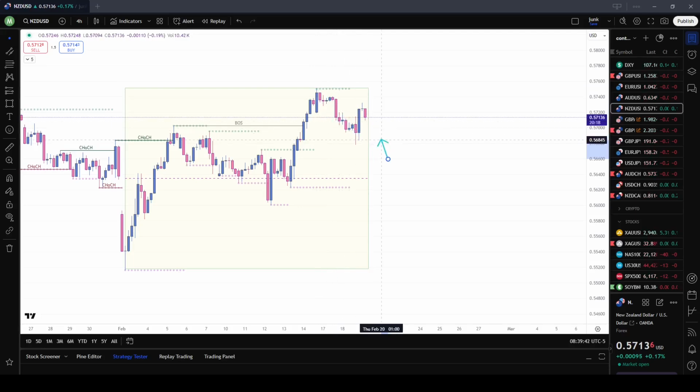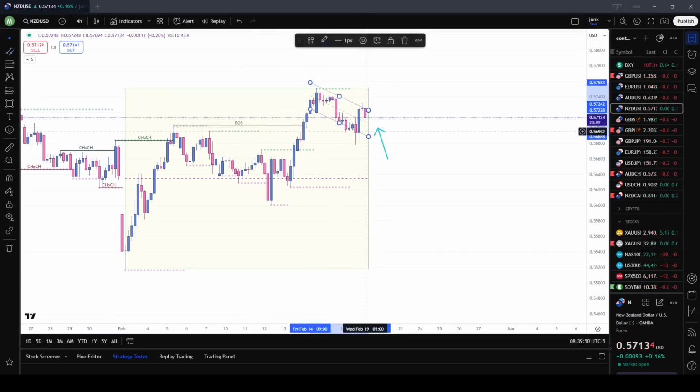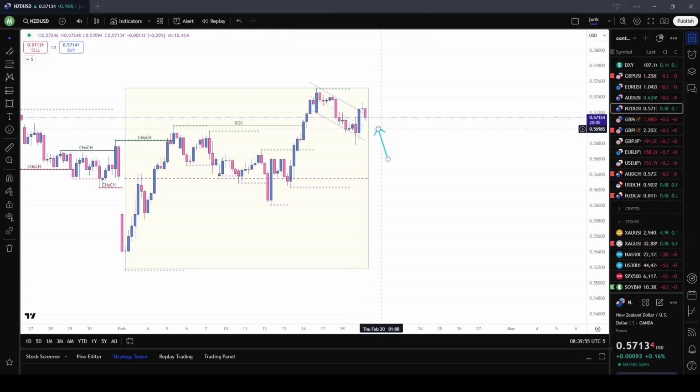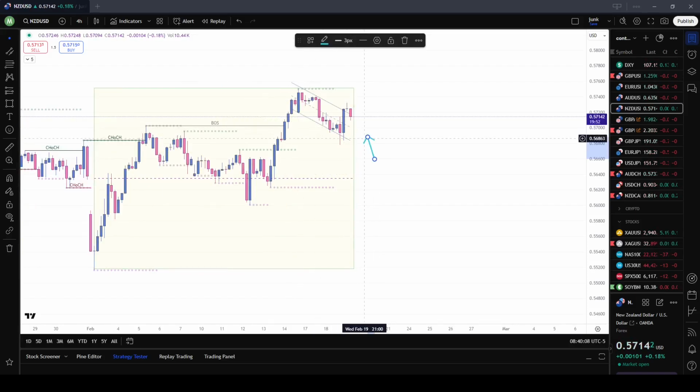Now it's retracing, also appearing to be a downward channel, descending price action. So just like the other US dollar pairs, waiting to see how far the retracement will go. It looks like it tapped into this area of demand and reacted from it, but did not push past these highs. This probably is already on its way back up from the price action, but we'll see if there's any